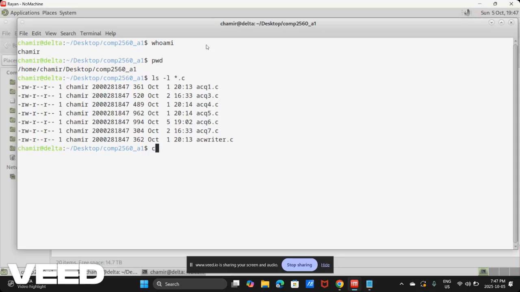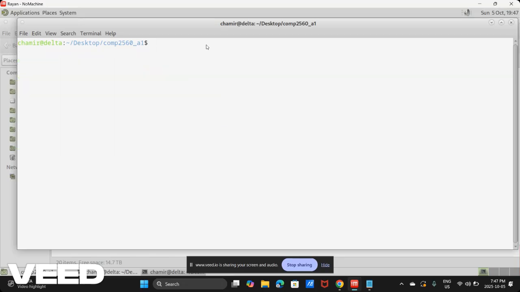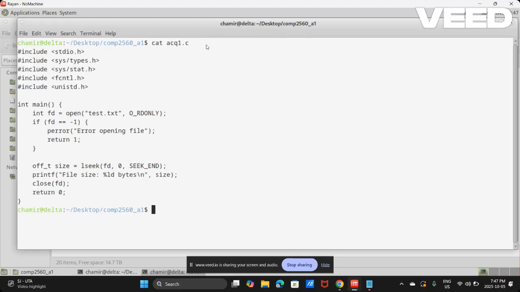So let's just start with question 1. Let's get straight into it. For question 1, I need to use the lseek function to find the size of a file. If I can just get my file here, cat acq1.c. So here we can see, looking at my code, I open the file using the open system call, and